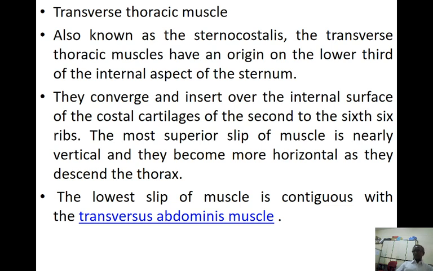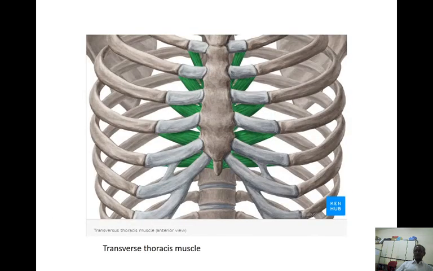The lowest slip of the muscle is contiguous with the transversus abdominis muscle. So this transverse thoracic muscle, in its lower part, is contiguous with the transversus abdominis muscle. Here we are showing the transverse thoracic muscle,